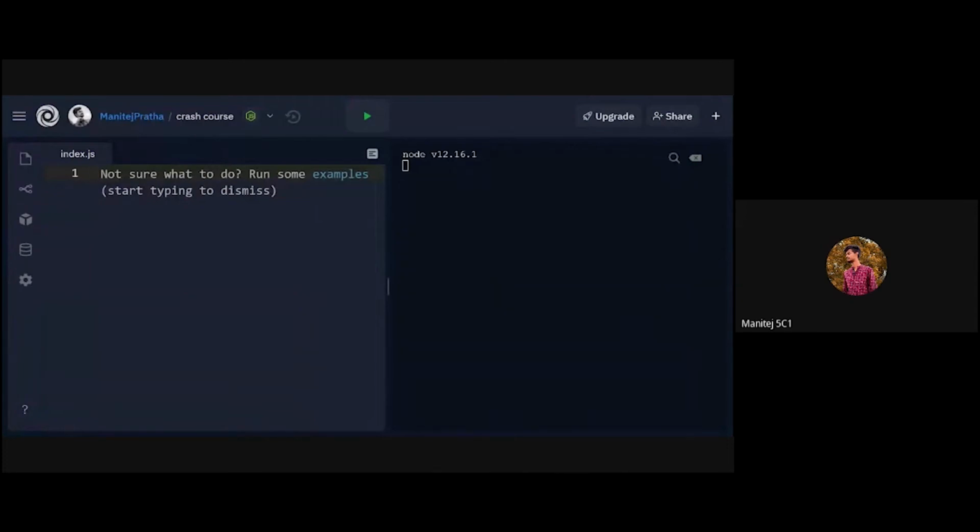So in this session, we will be seeing some JavaScript basics. The first thing, I'm using REPL. This is an online website where you can run JavaScript code. For this crash course, I will be using this online compiler. Later, I will show you how to use JavaScript inside your local machine, like on text editors, Visual Studio Code and all.